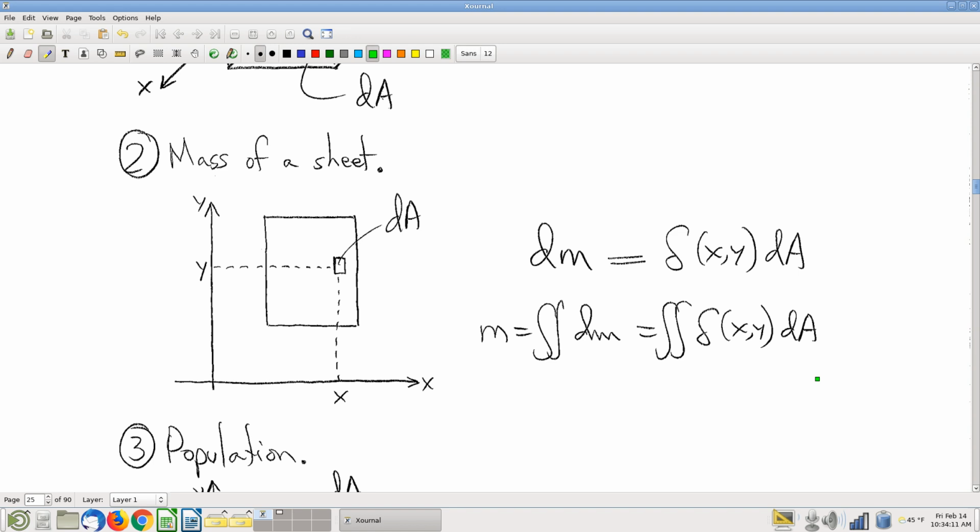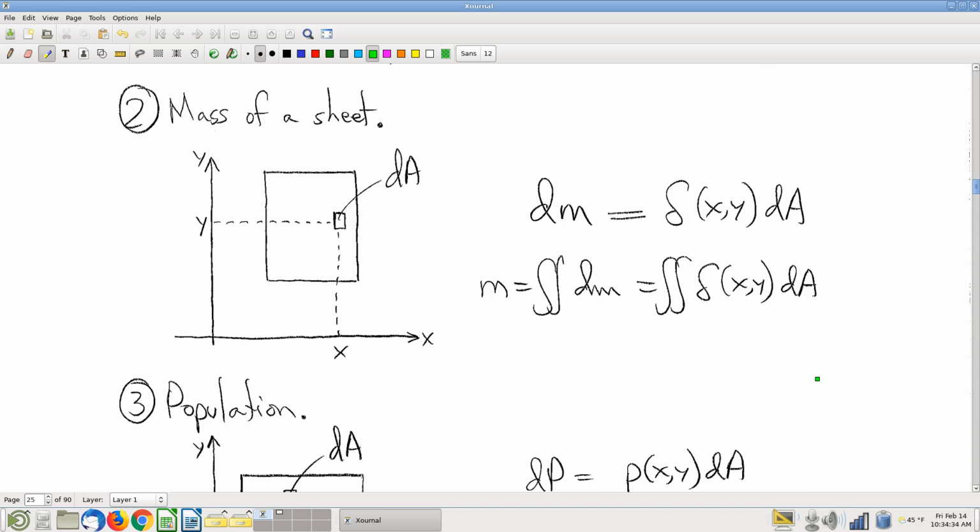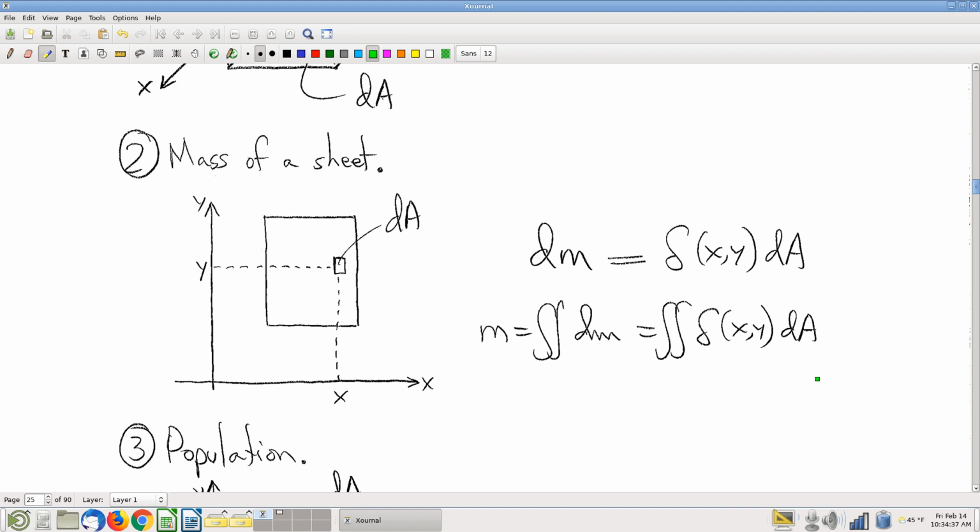Notice in this discussion that we just had here about computing mass on a sheet, notice no discussion of volume anywhere in there, right? So it's completely unnecessary and, in fact, counterproductive if you were to take the point of view of, look, double integrals are fundamentally volumes. I want to think about everything in terms of volume. And then if you were to try to make some really contorted discussion about how, well, if you thought of